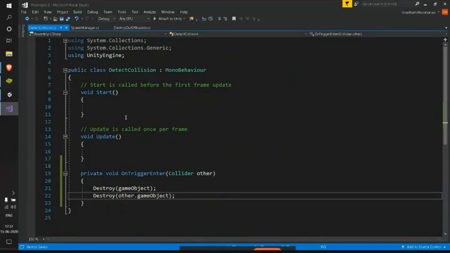Because Is Trigger has been checked there, we are able to successfully use this method here. And this trigger method tells us which game object our food has collided with.